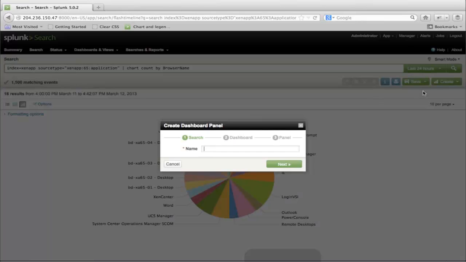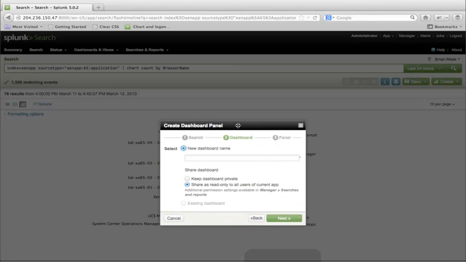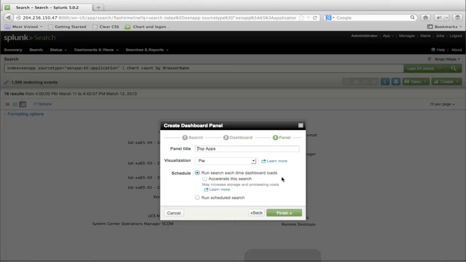So you have dashboards, and dashboards have multiple panels. So first of all, I have to create this panel, and I'll call it apps. Top apps, that sounds good. Top apps, I've tried that before, I guess. Then I'll click next, and Splunk created the panel for me, and it's going to say, do you want to create a new dashboard or use an existing dashboard? Well, I don't have an existing dashboard right now, so I'll just call this the DABCC dashboard, and then click next.